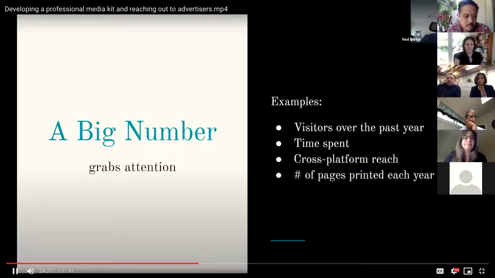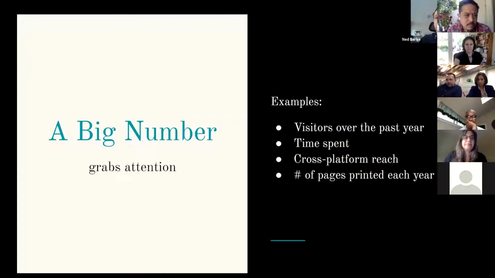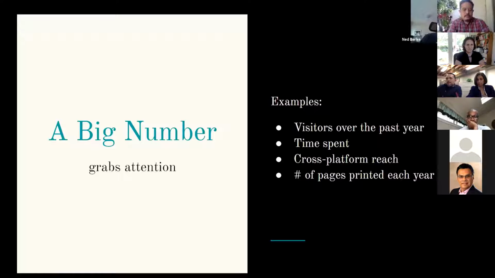So some things you can use, ARL Now used time spent aggregated across the year. You can do the same thing with visitors. You can do cross-platform reach, aggregating all of the reach, all of the impressions you get across all of your platforms. You can even use the number of pages printed each year. So, what is that number of issues you've had in a year times the number of pages times the circulation. So that